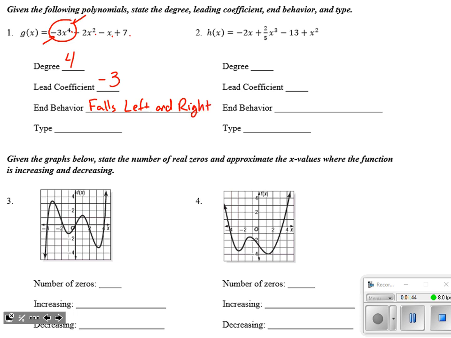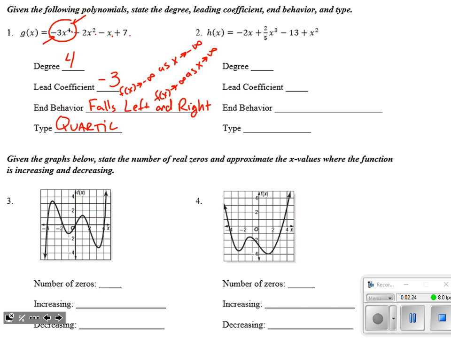All right, there is an opportunity for extra credit whenever we're talking about end behavior. If you were to say f of x approaches negative infinity as x approaches negative infinity, that's saying the same thing as falls left. And f of x approaches negative infinity as x approaches positive infinity, that's our way of saying it falls to the right as well. So if you take the time to learn that language, that is worth an extra credit point on my test. Okay, because it is a fourth degree, we do have a special name for that. That is a quartic function.